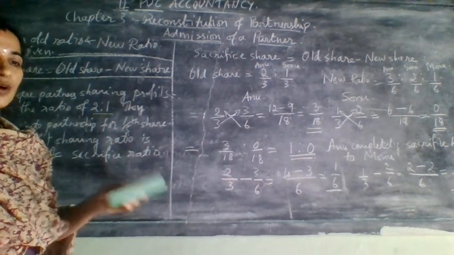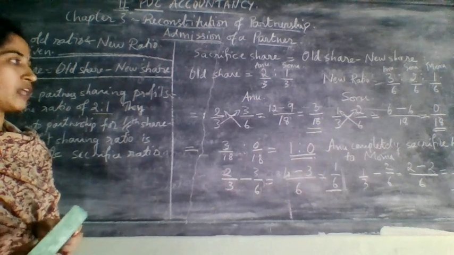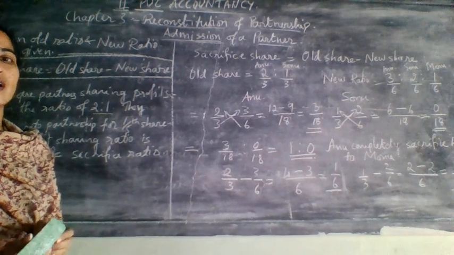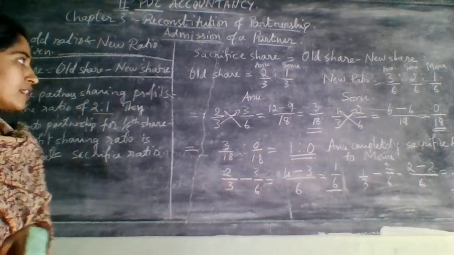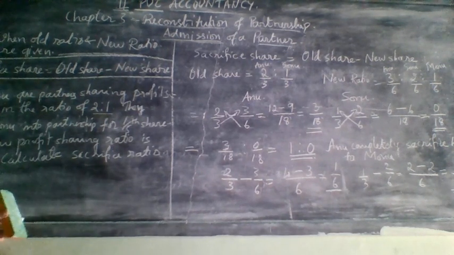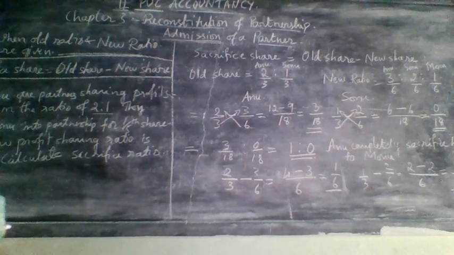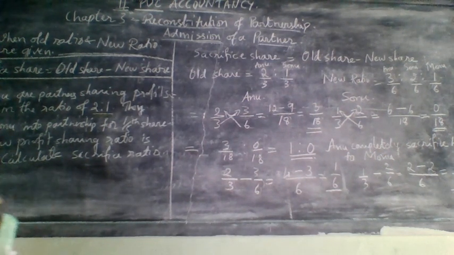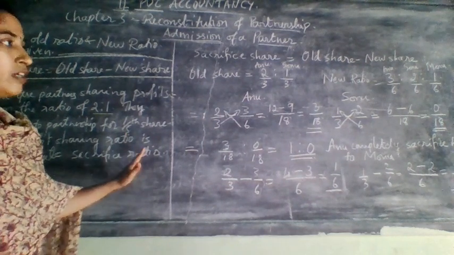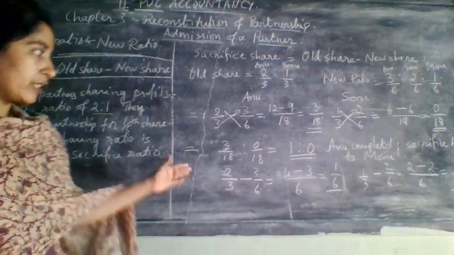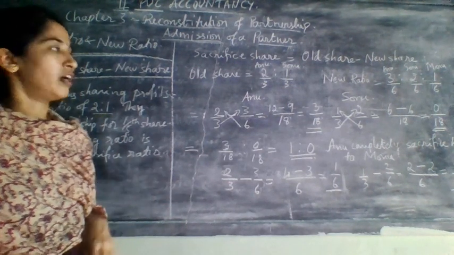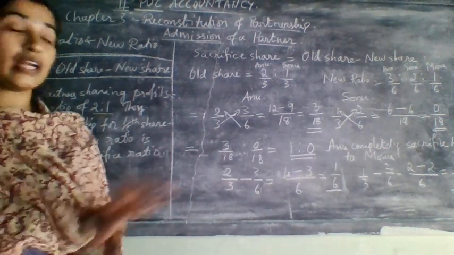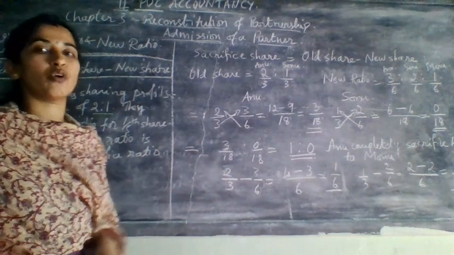So there are many problems in your question bank. Start doing those problems in your homework book. Now only one method is remaining, that is the fifth case. Only the last case is remaining. That I will do in the next class. And copy this in your notebook. Write down both methods, and whichever you feel is easy, you can write in your notebook. That you can practice for doing homework.